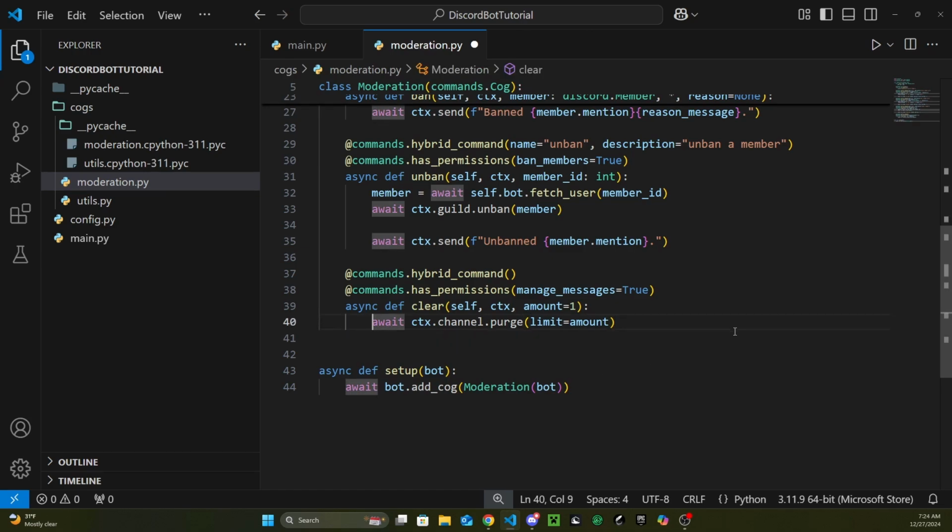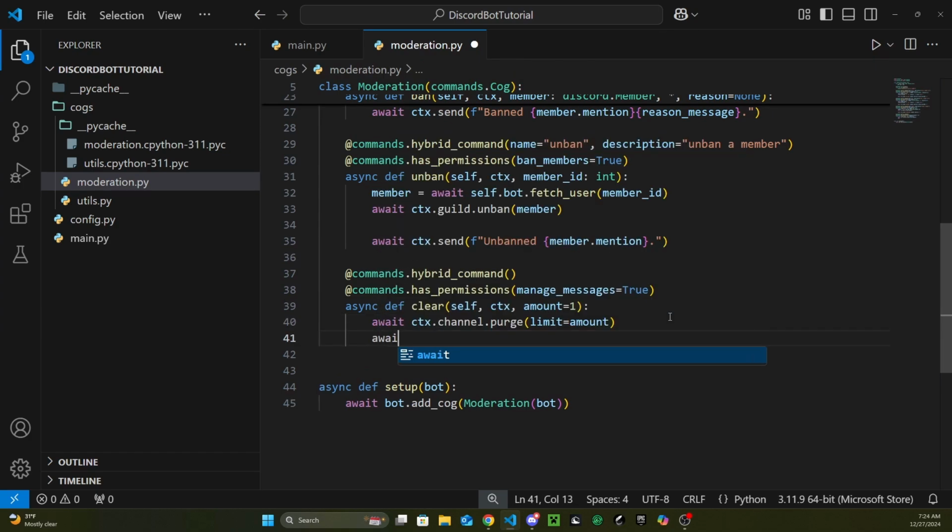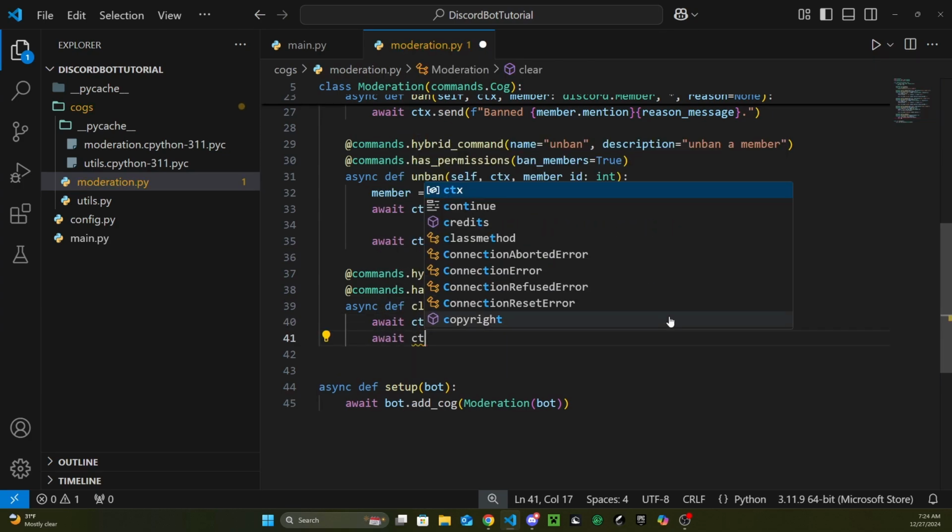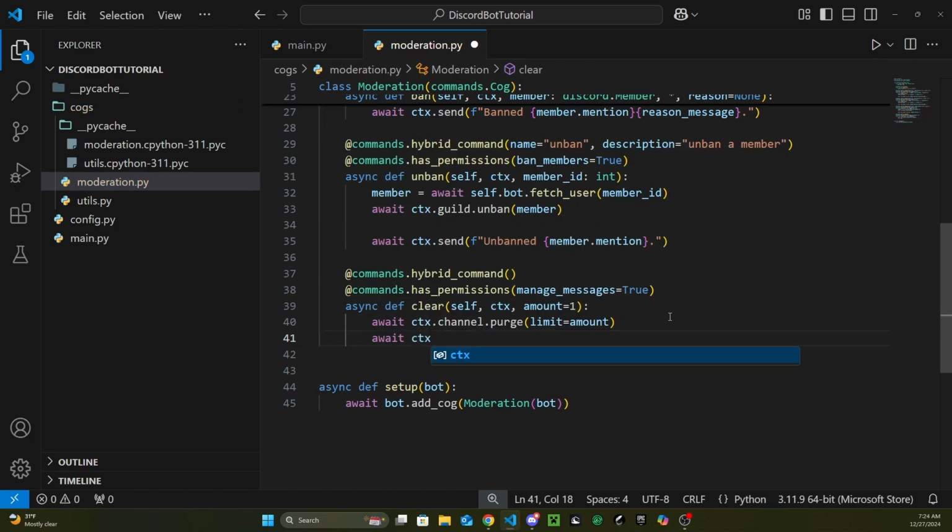Now we're basically done, but if you want to know if it worked, well, you're going to see it works, but if you want to have it say, oh, I cleared this many messages, you're going to do await ctx.send, make it an F string, you're going to do cleared, and then curly brackets, and then it's going to be amount